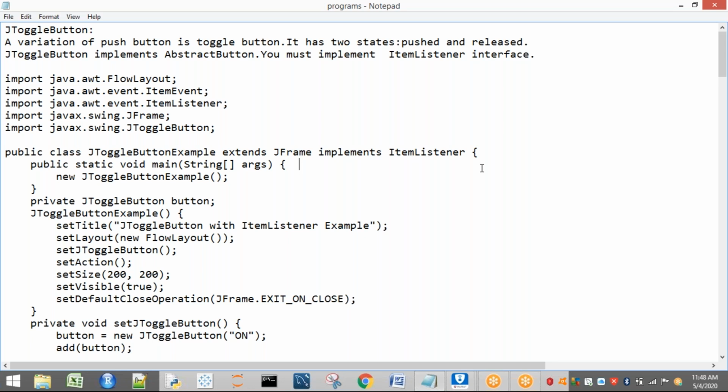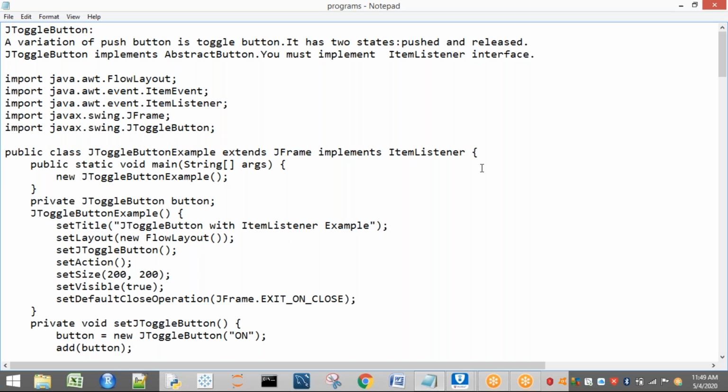You can observe this when we execute the program. Whenever you press the toggle button, it is pushed. Whenever you click a second time, it is released, that means it pops up. When we push, it goes inside. When you press once again, it is released and comes back.